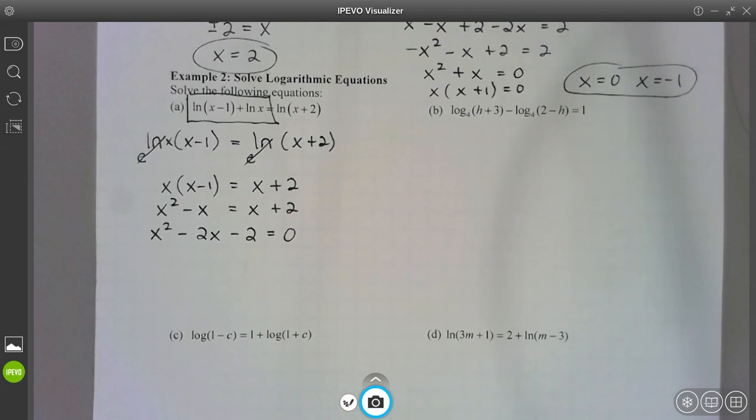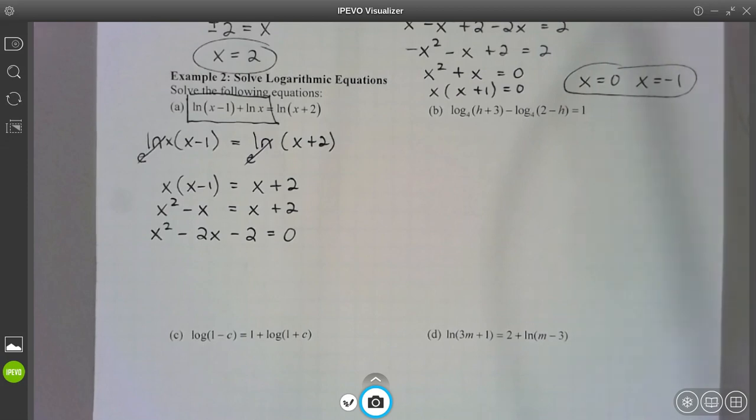Guys, you could try to factor this now, but I'm telling you right now, you are not going to find numbers that multiply to -2 and then add up to -2. So it looks like this is, unfortunately, a quadratic formula problem. So I'm going to plug my a's, b's, and c's into the quadratic formula to start getting the solutions to this equation. Now, I'm assuming your homework is either going to ask you for the exact answer, which you would leave in simplified form, or they may ask you to take a decimal and round it. We'll have to see. I'm going to have to convert to a decimal in the end either way,